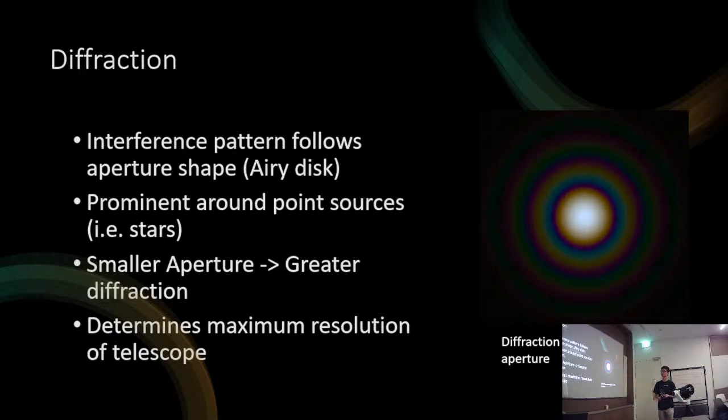So the thing about diffraction is that if the size of the telescope is smaller, you have a greater diffraction effect. Right? But if the telescope is larger, then the size of this interference pattern is reduced, shrunk to a smaller size. So you can easily see how this means that aperture is related to how